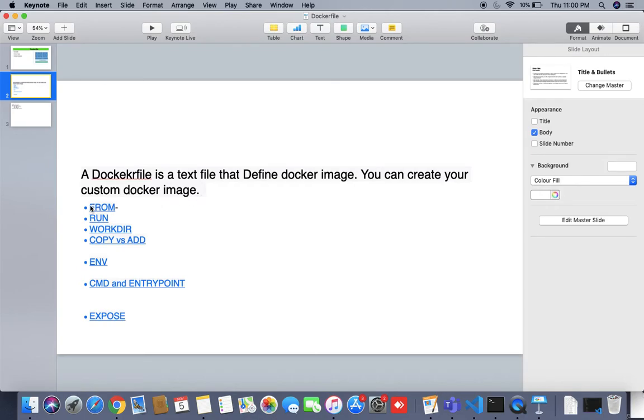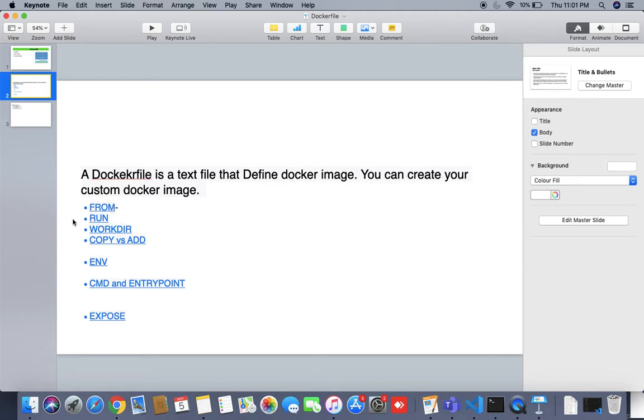You can see here, the first argument is FROM. When you are going to create a Docker file, you first need to write FROM. It tells which base image you are going to use. Base image means you are going to create the Docker image and container on top of an operating system like Ubuntu or Alpine, or a Java JDK. This is the main thing of your Docker image. Every Docker file starts from the FROM image.